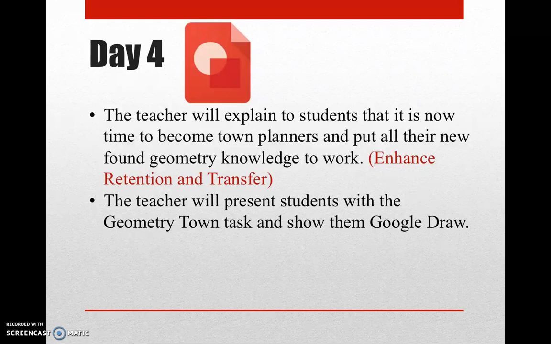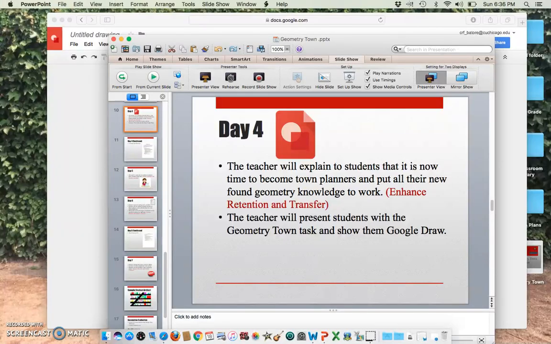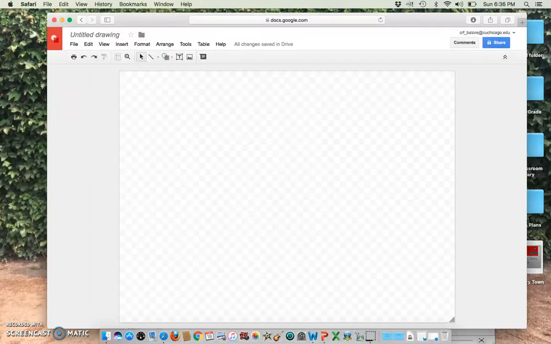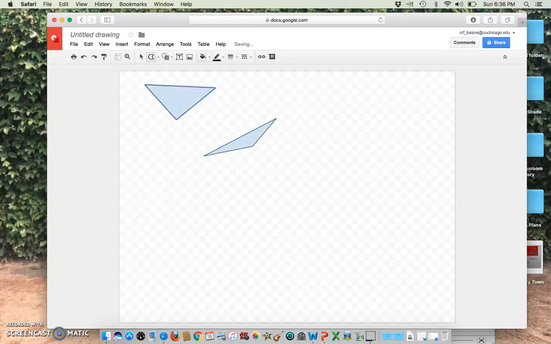Now it's going to be different on Google Draw because I will be wanting students to use the Polylines tool. When you're using the Polyline tool, you're able to draw your polygon the way you want it to be. So you can make a closed figure that might not be available in the shapes. So students will be encouraged to use the polylines instead of simply using the shapes that are provided to them